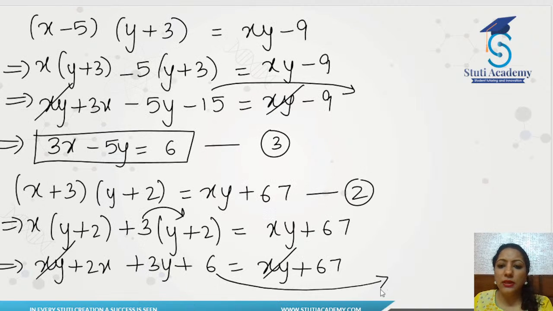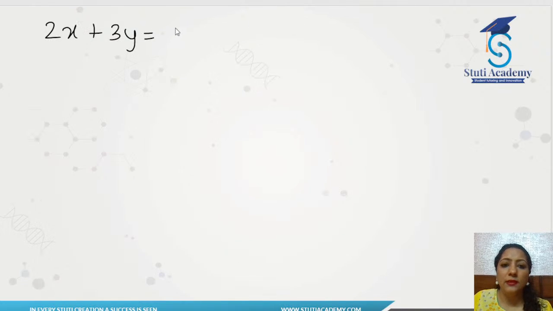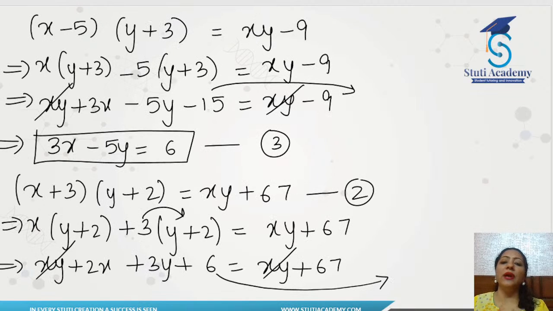6 we will take on the right hand side. So that will give us 67 minus 6, that is actually 61. So that's the fourth equation we have. That is the simplified form for the second equation. So now we'll be using the fourth equation in place of the second one. So the fourth equation we have written: 2x plus 3y equal to 61, and then we'll write here